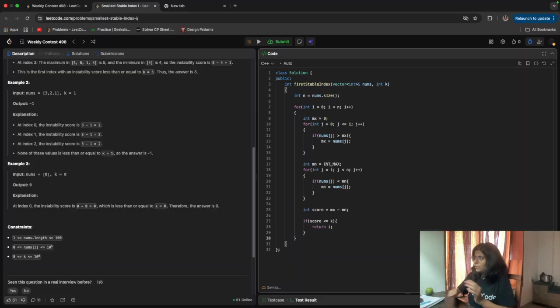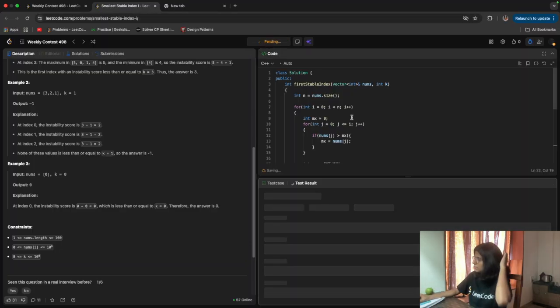Else, we did this process till n and we didn't find any index, so we will return -1. Run this.